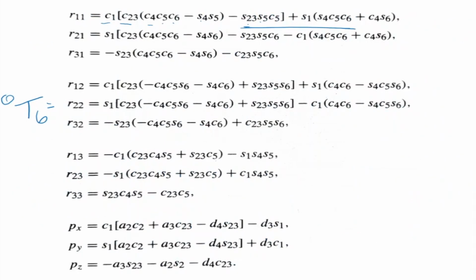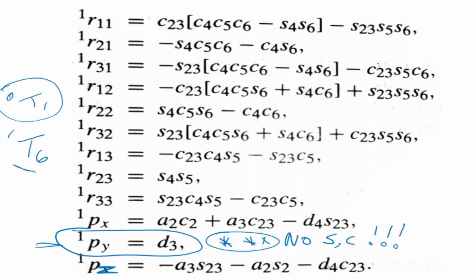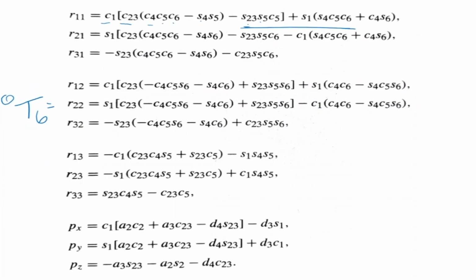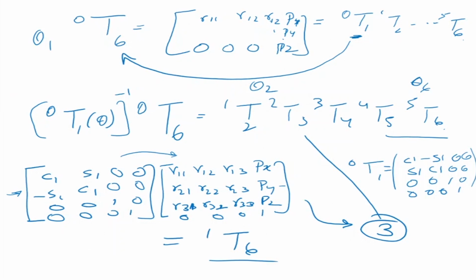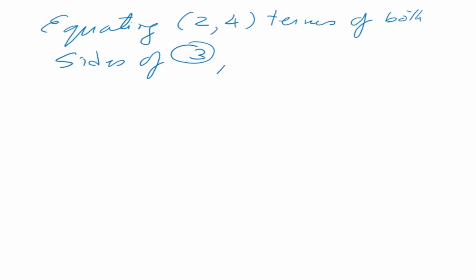Why are we doing that? Because you observe that this term, which is the 2 4 term, actually does not contain any sine and cos. So we're trying to target this term now. So we are multiplying the 2 4 terms of this equation: second row and the fourth column. So we'll be ending up with this term for py, and you know what py was there? It was d3. So basically, if you equate the 2 4 terms of both sides of equation 3, what we do get is